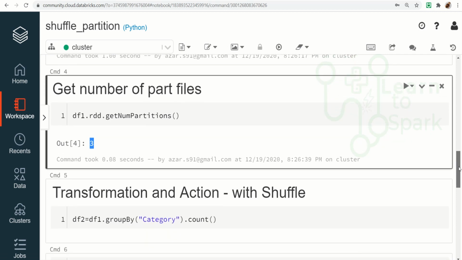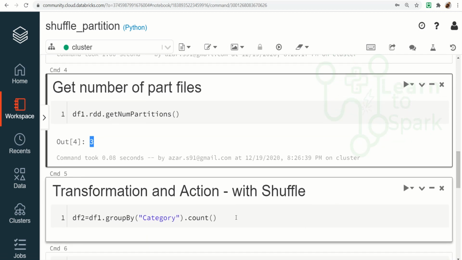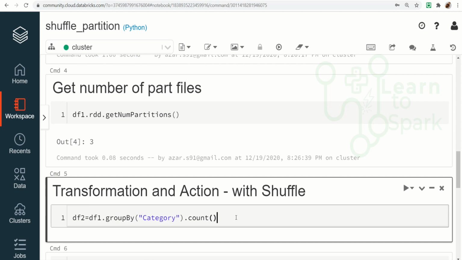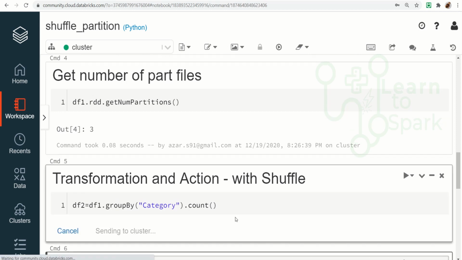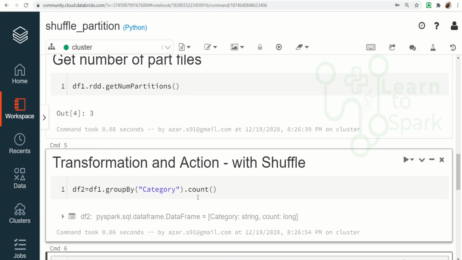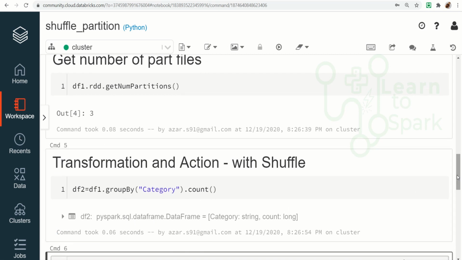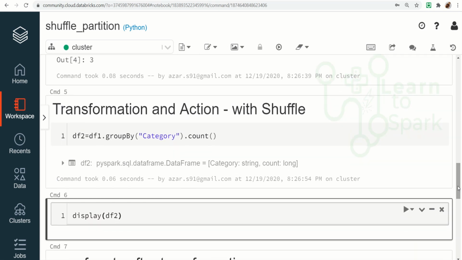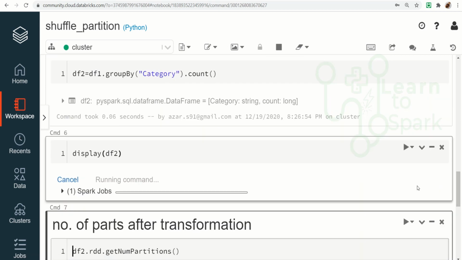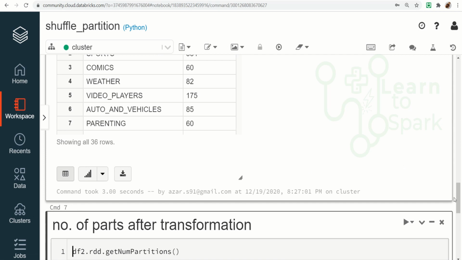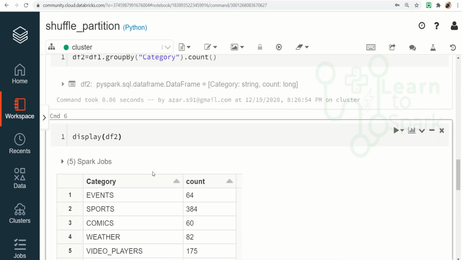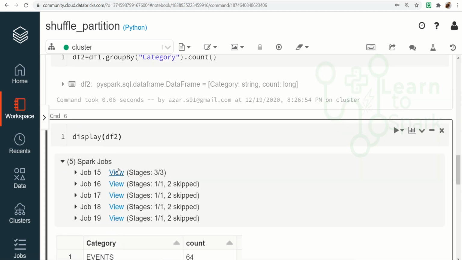Now let us do some transformation and action which includes some shuffling. Since I am using group by and count, it obviously includes shuffling. Let me display the content. Here you can find it is displayed, and to confirm whether any shuffling is happening, we can check this.